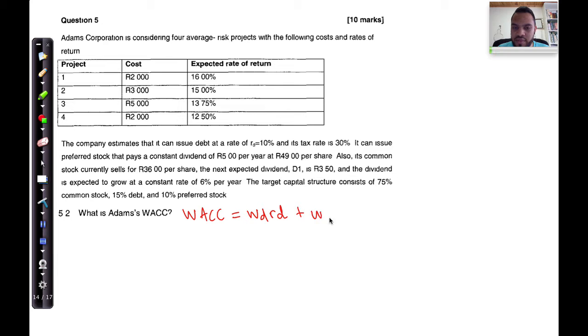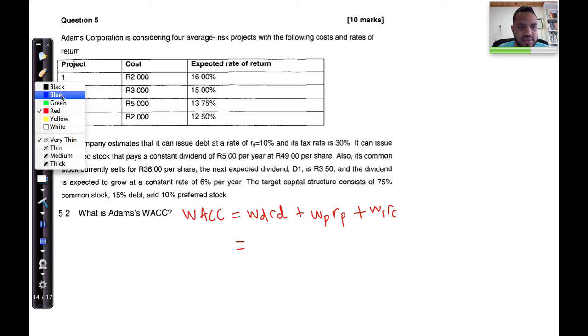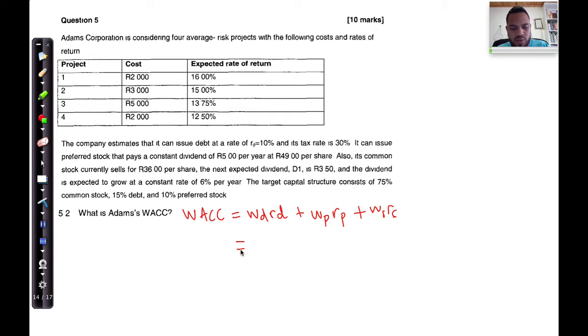Sorry, the weight assigned to preference stock multiplied by the rate at which we want to compensate the investors, and multiplied by WSRS. Okay, so we calculated each of these. So now we're just weighting those costs. So the weight